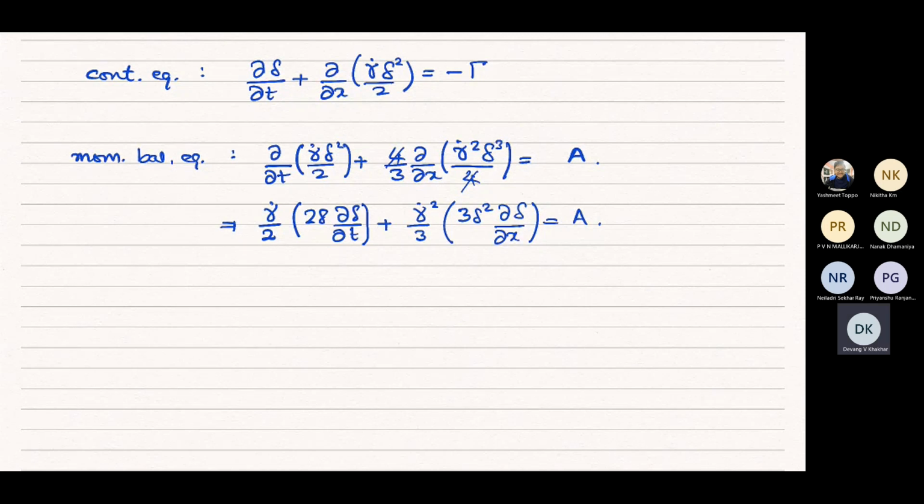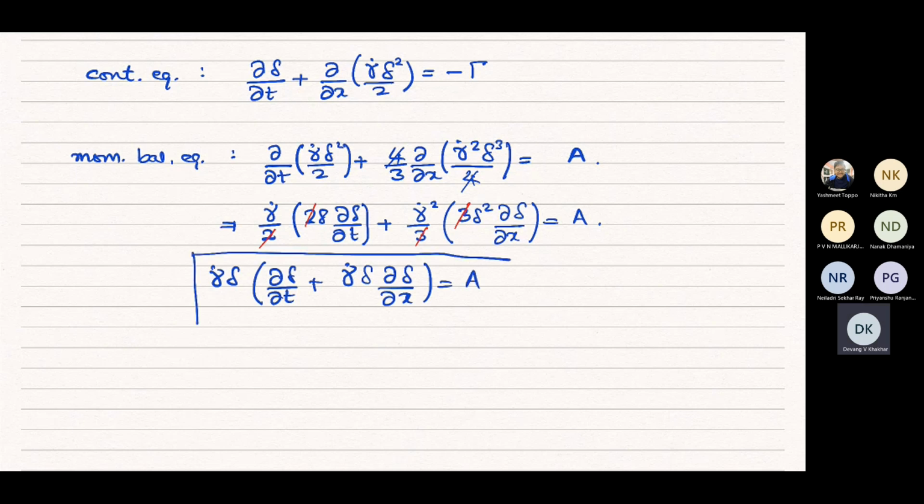So now here, if you see this, you can see that 2 cancels out here, 3 cancels out here, and so you are essentially left with, so this equation becomes gamma dot delta into del delta by del t plus, over here you will be left with gamma dot delta into del delta by del x is equal to A. So the momentum balance becomes this, where A is given by all those terms above,